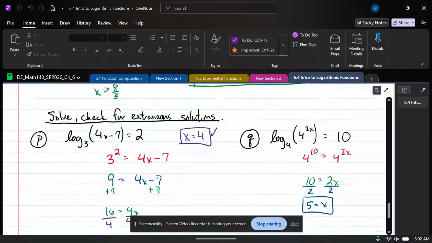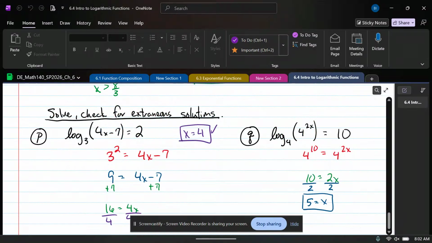Some logarithmic equations that started with a logarithm. When you solve logarithmic equations, if it has a logarithm in the original problem, you need to make sure you check your answers with that. That's not going to be too big of an issue in this section, but it needs to be a habit